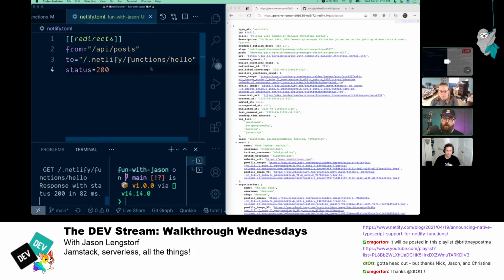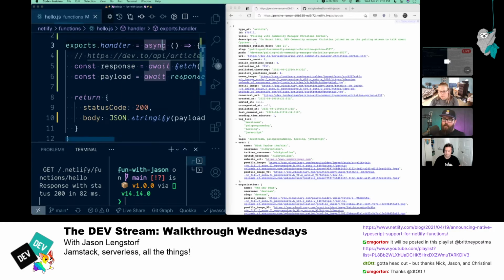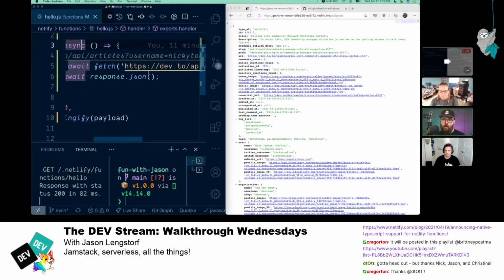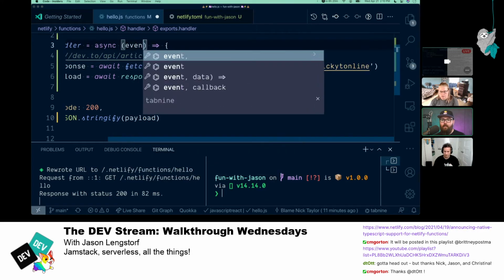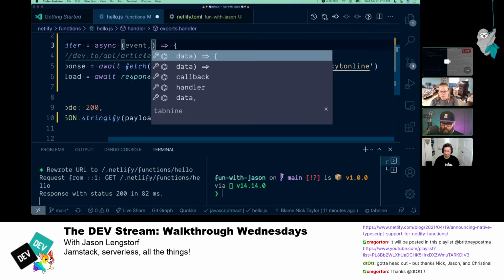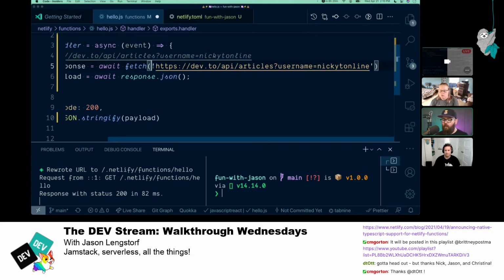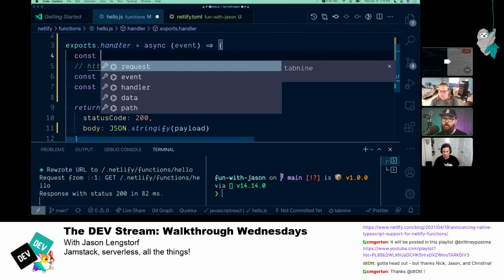And so now that we've got that, let's take it a step further and add support for a username. The first argument to your event handler is going to be event. What this is going to include is your path, your body, your query string, anything that was sent to the request. So in our case, why don't we just go ahead and parse the path? Let's get out a const username.